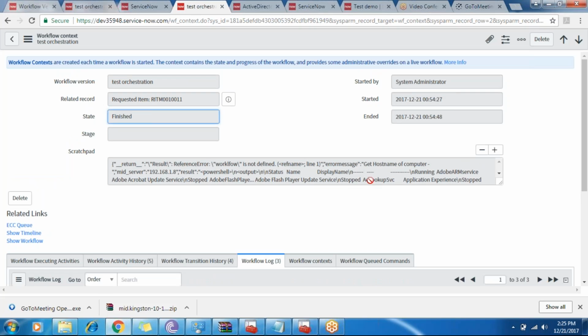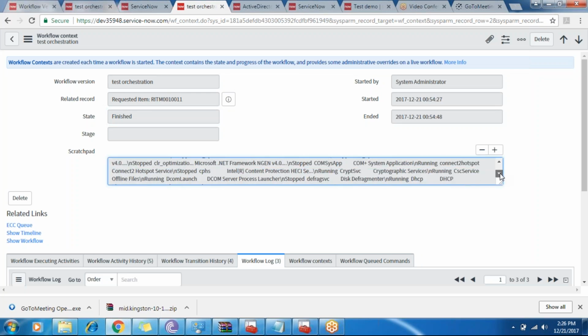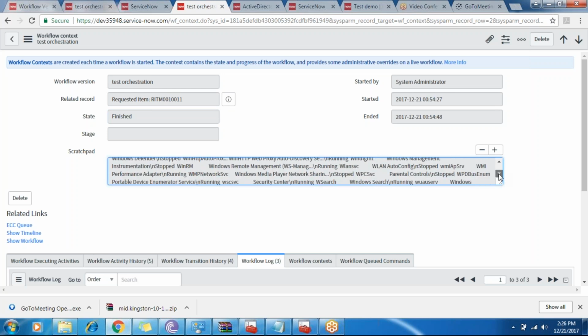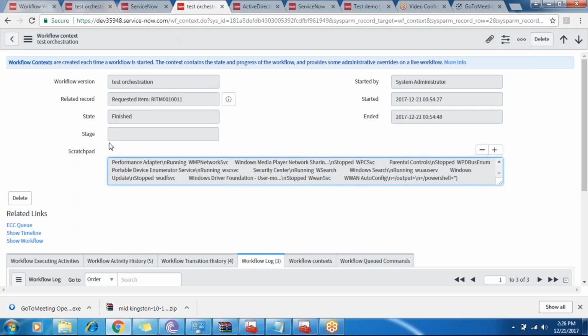You can see in the scratchpad result, our services are being fetched. You can see the Adobe ARM service with the status, whether it is running or stopped, and Adobe Flash Player update stopped. So the details of whether each service is running or stopped have been fetched. This is the output which we have got after the successful PowerShell activity.